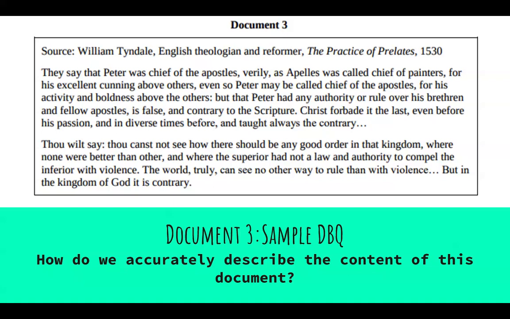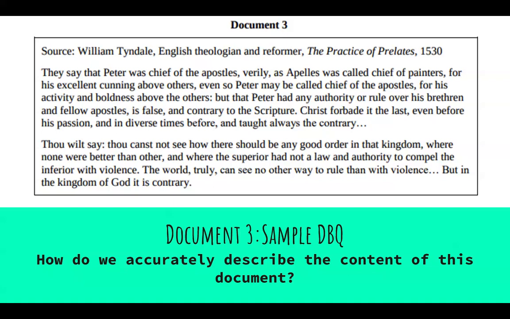Christ forbade it the last, even before his passion, and in diverse times before, and taught always the contrary. Thou wilt say thou canst see how there should be any good order in that kingdom, where none were better than the other, and where the superior had not a law and authority to compel the inferior with violence. The world truly can see no other way to rule than with violence, but in the kingdom of God it